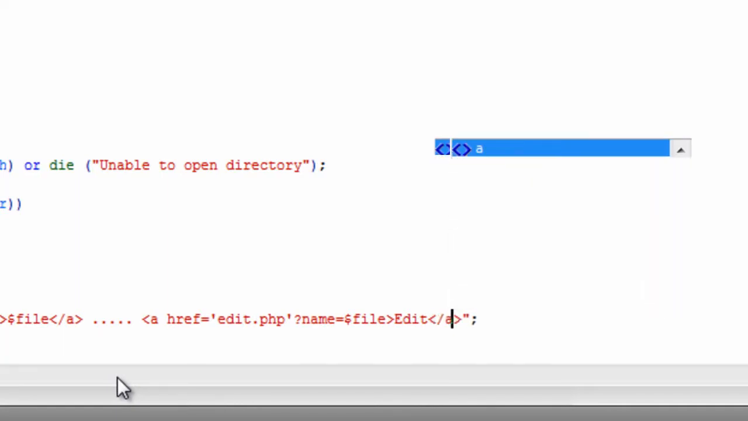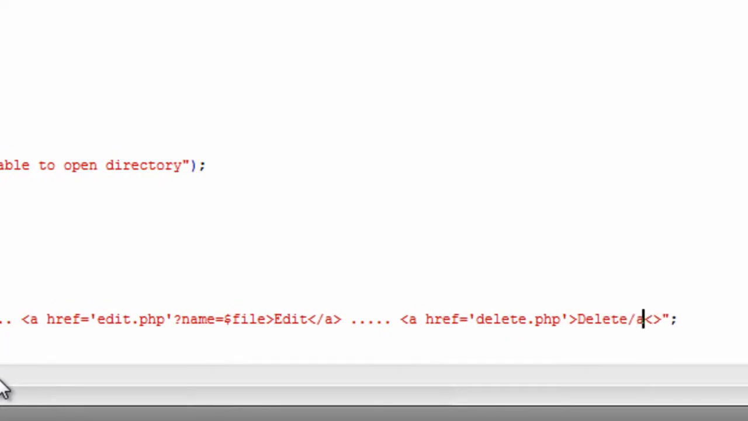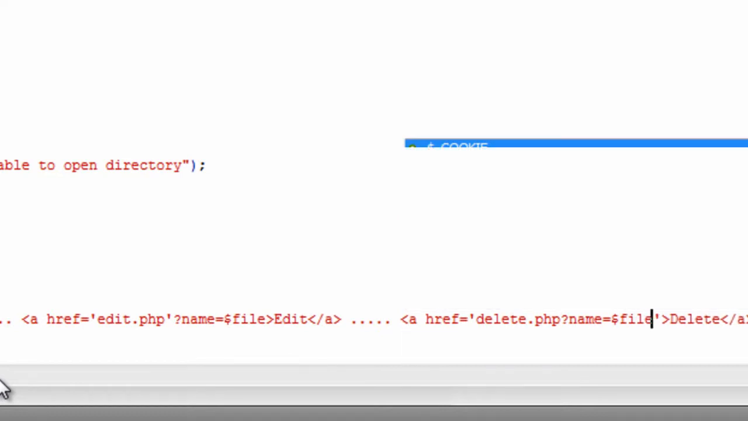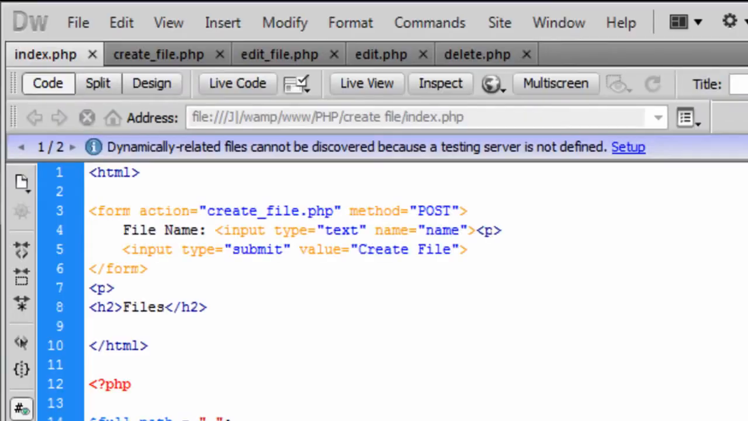edit link, and we can have 1, 2, 3, 4, 5, and then basically do the same for delete. An a href, and that's going to go to delete.php. I'm going to say delete, and we also need on the end of this delete here, the name, which is going to be the file name. So if I save this out and see what we've got,